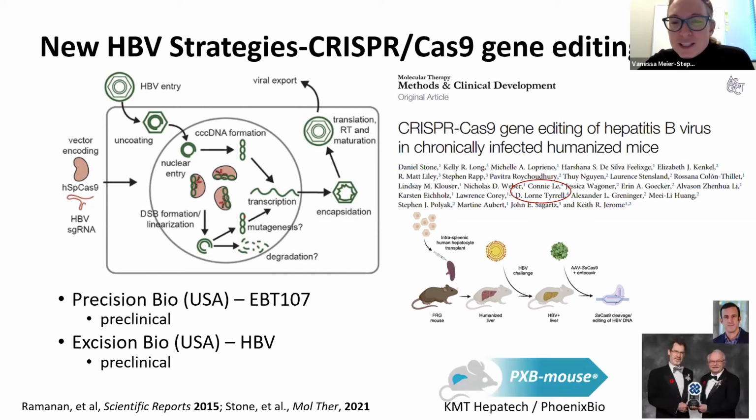Those humanized mouse models, or the Phoenix Bio mouse, are a product of KMT Hepatech Phoenix Bio, which was developed by Dr. Norman Kneteman, that's the K, Dr. David Mercer, that's the M, and Dr. Lorne Tyrrell, the T of KMT Biotech. This was developed in 2021, and the company has since been bought up by Phoenix Bio. These cells and the mouse model are widely used by hepatitis B researchers around the world and are becoming the new standard for having a humanized mouse model.